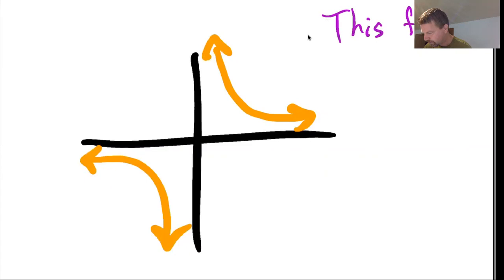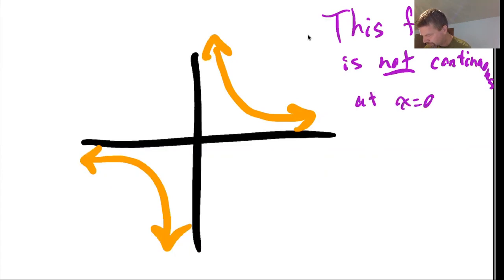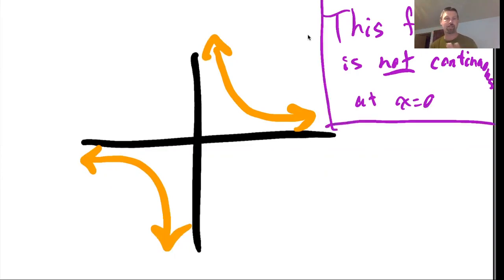This function is not continuous at x equals 0. There's an infinite discontinuity there. Now, there's a difference between saying, is it continuous over some range, and is it a continuous function? It is a continuous function. This is a continuous function,